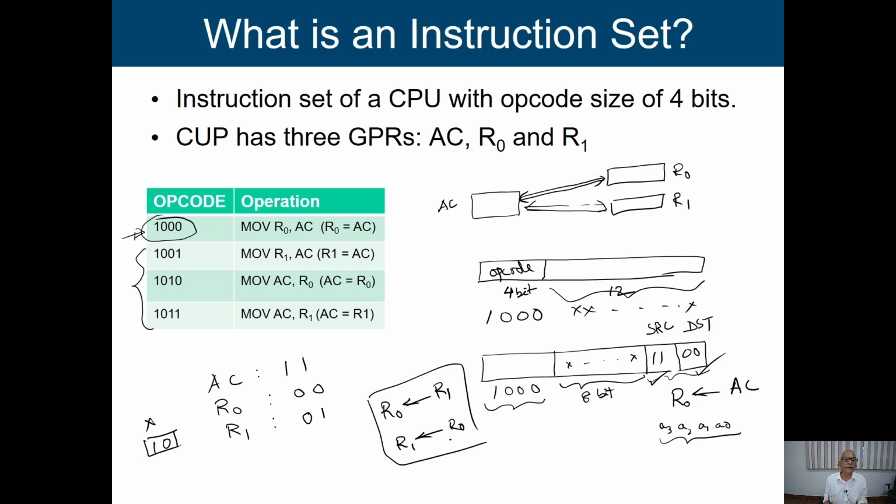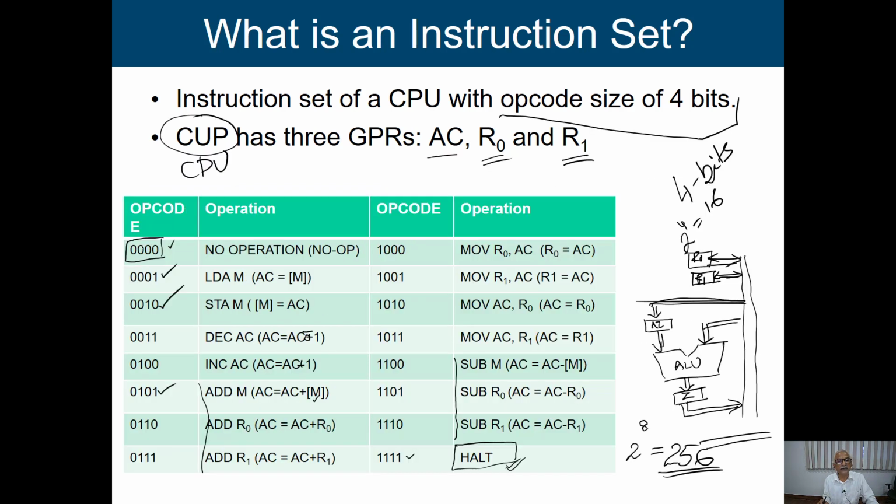And on the other hand, we are getting these three opcodes, which can be used to design some other instructions. So by looking into this scenario, now we can design more instructions. So this is the way you have to look into it. While you are designing a new processor and a new instruction set, you consider what instructions we are going to put into it, and how we can optimize it.